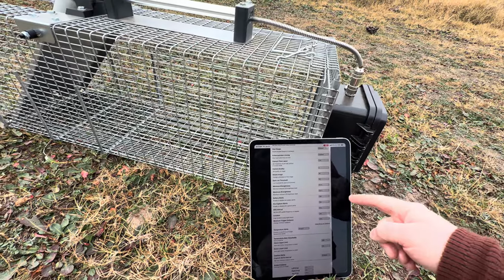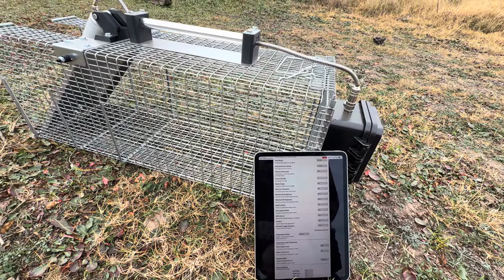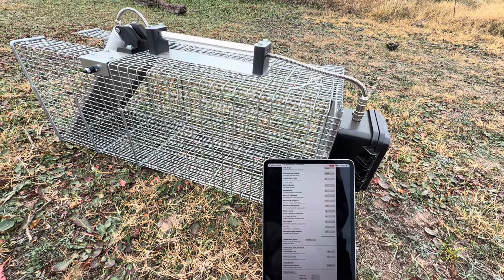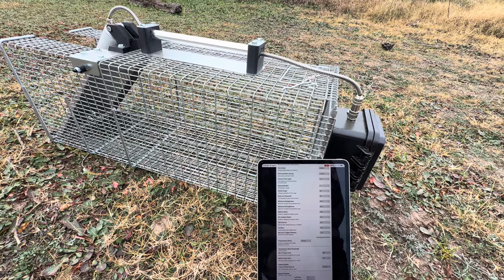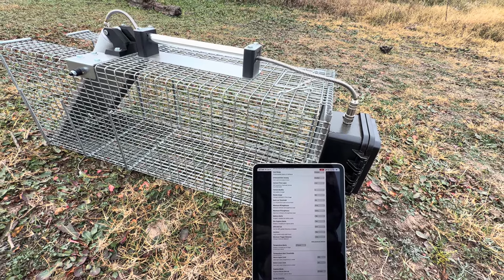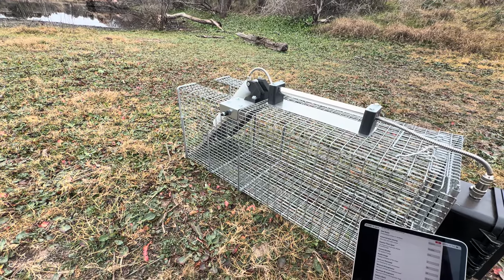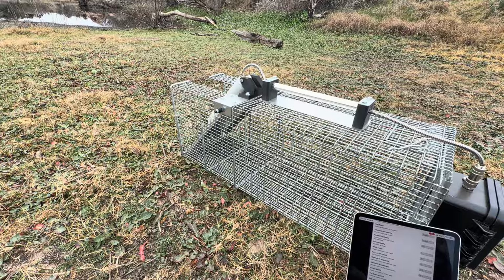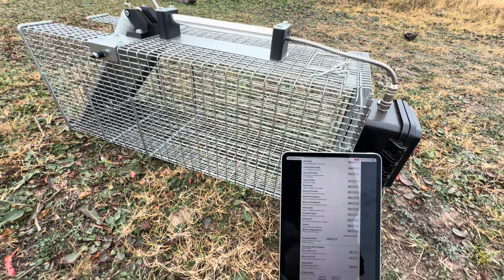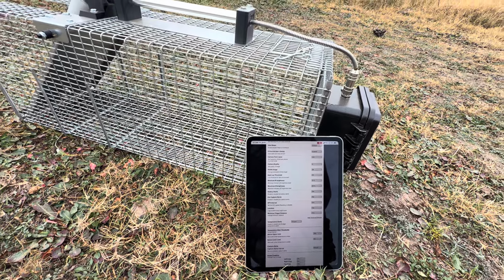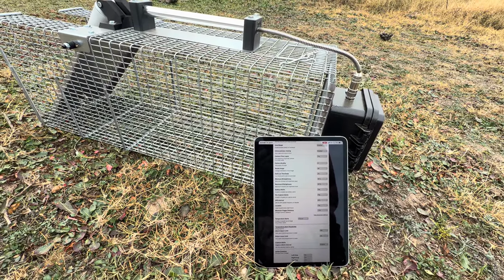And then you can change some alerts, like battery alerts, pre-capture alerts, which is when an animal might be outside of the trap walking in, you can get an alert when they are walking in. You know, sometimes animals will play around at the front of the trap, so getting the pre-capture alert might give you a bunch of alerts, which can be nice to see what's in the area, but in some use cases it might be too many alerts. And then you can change the GPS interval, and